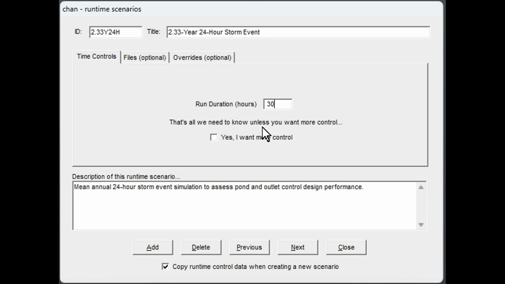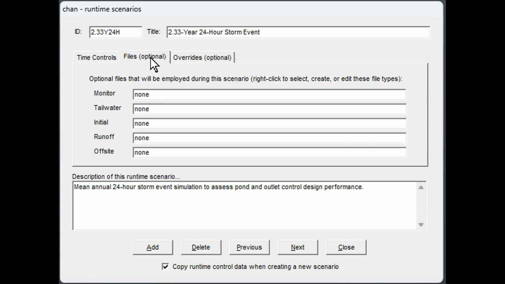Let's take a look at the set of support files that can be assigned to each scenario. There are 5 types of external files that can be assigned. Monitor lists designate a subset of features to display at runtime. The tailwater file assigns time-varying boundary conditions specific to the scenario. The initial conditions file overrides starting water levels assigned in the model network. Runoff hydrographs, perhaps generated by another program, and off-site inflows, such as for a known inflow boundary condition, can be